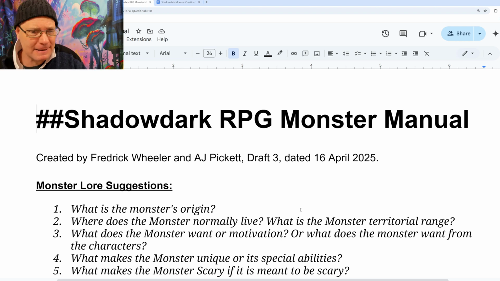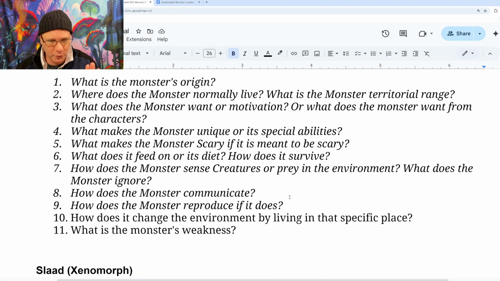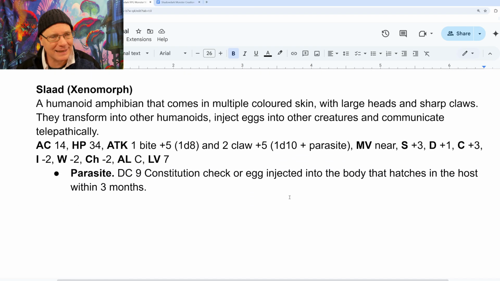Okay, so now we're not going to deal with the monster lore. I've got some questions around monster lore that we'll deal with later. Let's just look at the Slaad stat block itself. So this is what I've written down. A humanoid amphibian that comes in multiple coloured skin, with large heads and sharp claws. Primarily, I think that is the